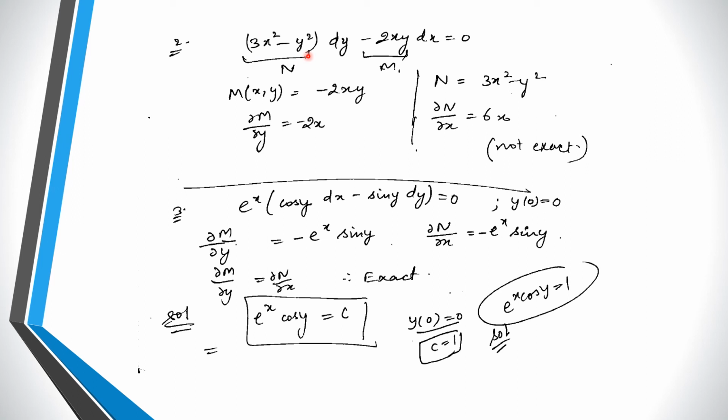Right? So now you have to check first of all whether the equation is exact or not. Now since your equation is not exact, because the partial derivative of m with respect to y is minus 2x and partial derivative of n with respect to x is 6x, they are not same. So your equation is not exact. So you cannot find out the solution